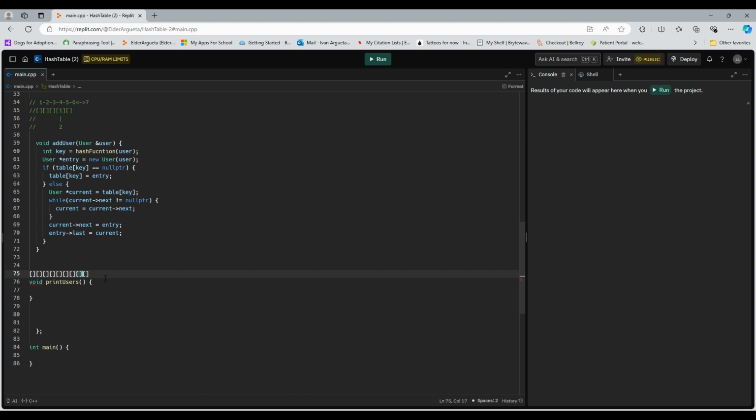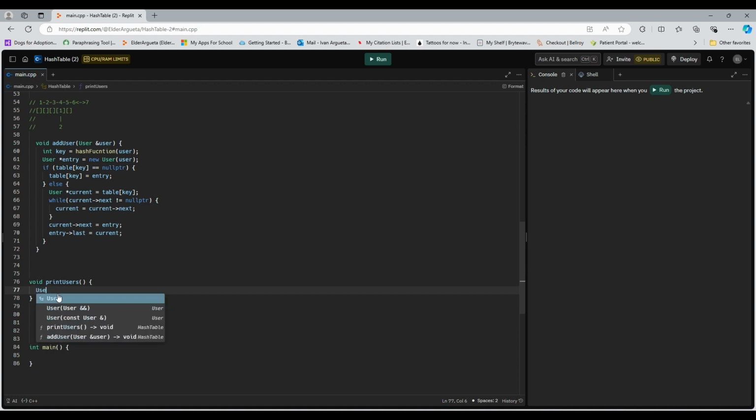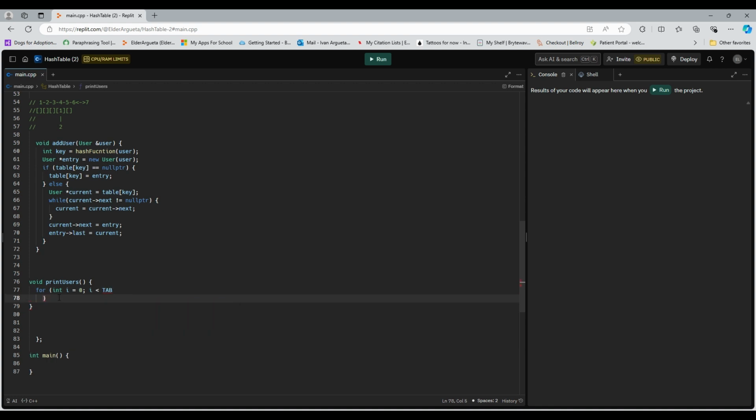If there is one or more people, if there's a linked list, cycle through the linked list and print everybody within that linked list, right? Oh no, we're going to do a for loop. So for int i is equal to 0, i is less than table size,